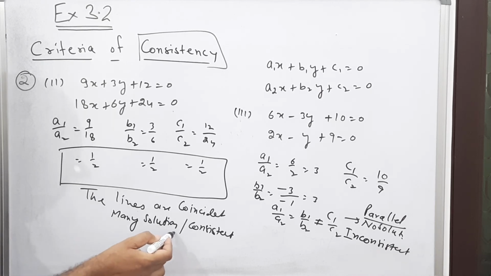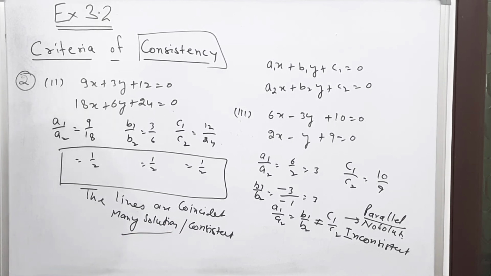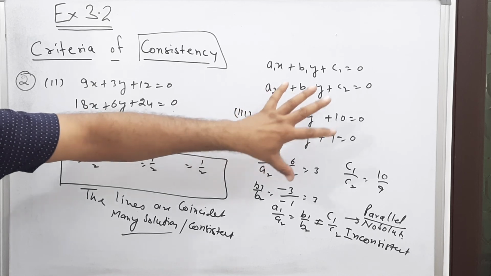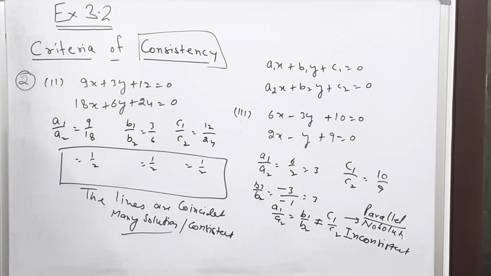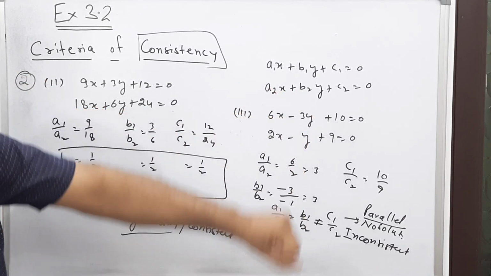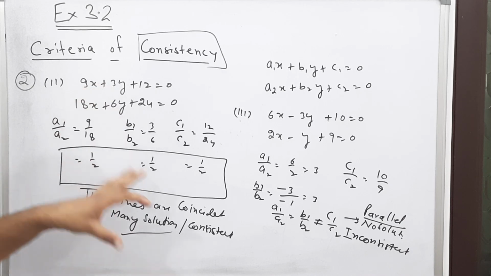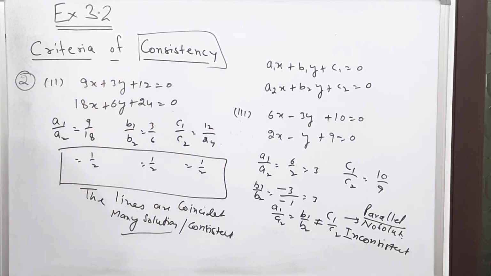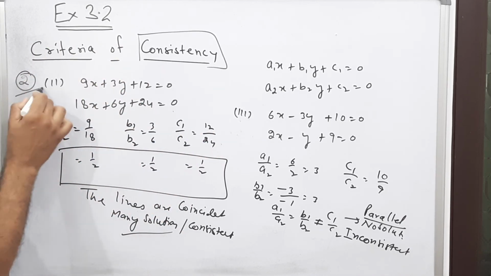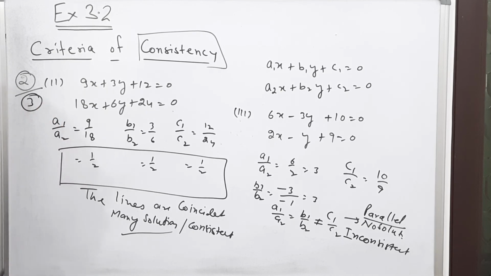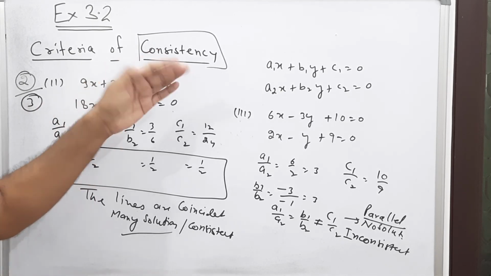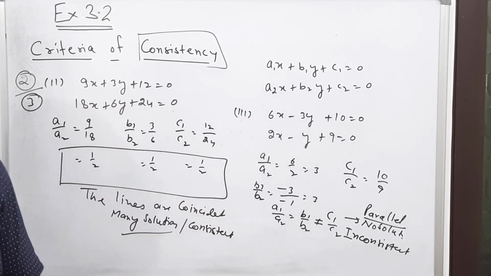So all these three things are interrelated, and in one problem three types of questions can be asked. In one particular sum, this problem can be created in three ways. So I hope this full thing I have covered under the topic criteria of consistency. This covers question number 3 also. Whether you have to say that it is consistent or not consistent, that I already covered.